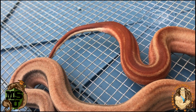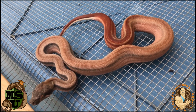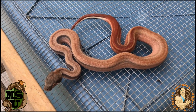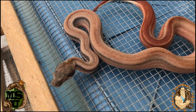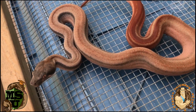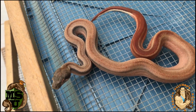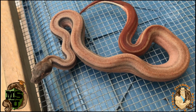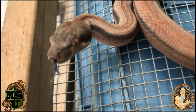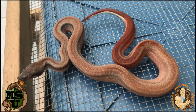That red tail. And of course, this potentially has the Russo Red Pastel line breeding involved in it. And I think that's probably why it's so red. The hypo will lighten it up, but I think that Russo Red Pastel is really shining through on this particular snake. I have a couple of them, so more than likely it's probably a hypo Russo Red Pastel Sterling. Sterling being the patternless boa, the elusive patternless boa. I love this snake's head. This is definitely going to be probably a holdback of mine, but I actually produced 6 of these Sterlings, and